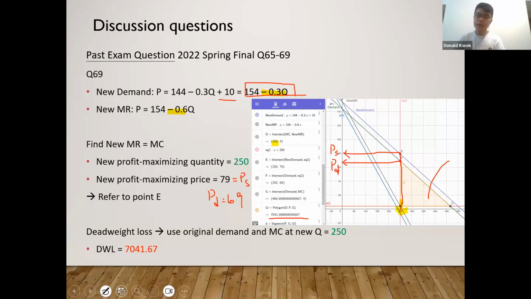And the second rationale is that the new demand function incorporates the per unit subsidy in addition to the willingness to pay of the consumers. However, the per unit subsidy is actually just a distribution of welfare from the government to the consumer. And it should not affect the total economic surplus of the whole society. This is why we should use the original demand curve to better reflect the willingness to pay of the consumers. So this is why we use the original demand instead of the new demand function in finding the area of deadweight loss.